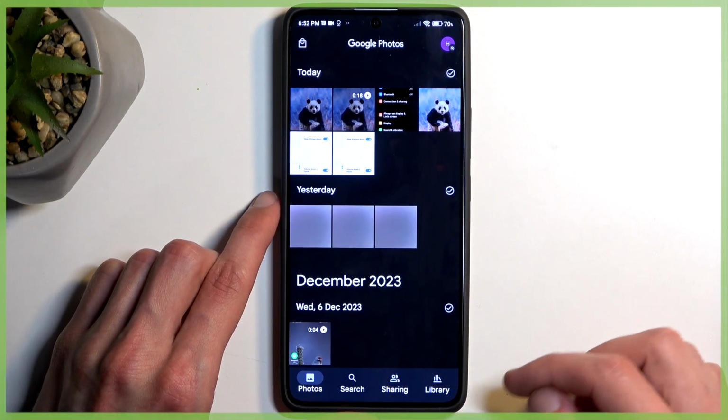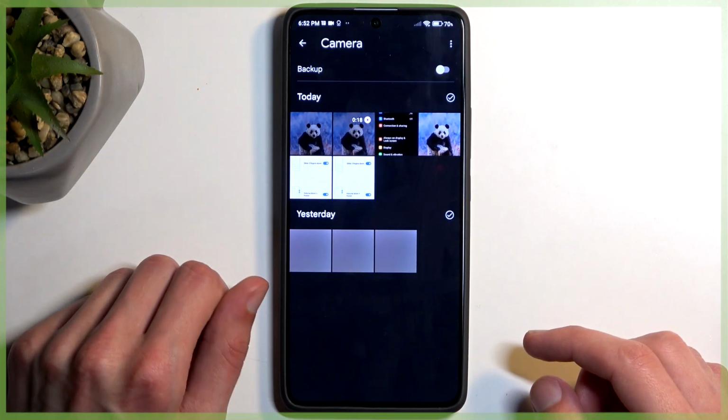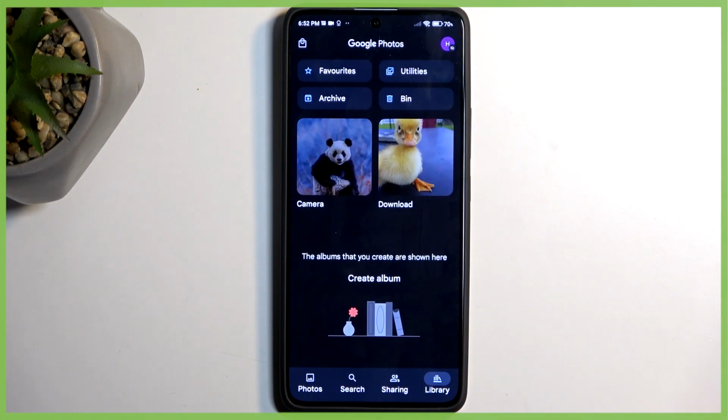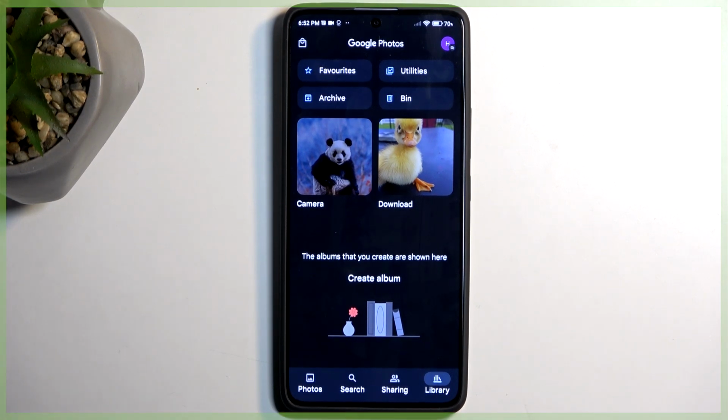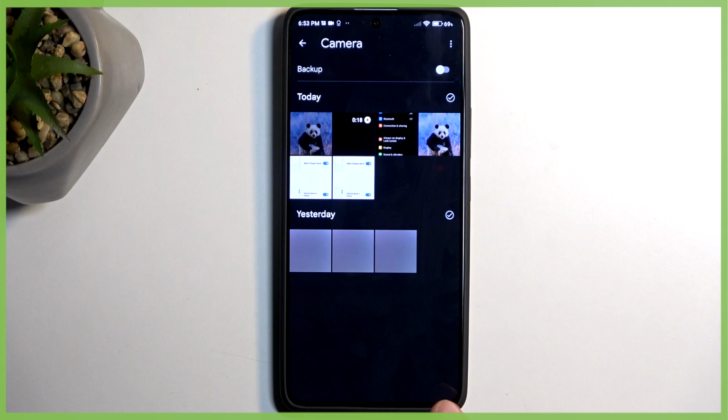But later on, if you want to find it, you might have an easier time. Never mind, it's also stored on the camera, which doesn't make it any convenient. The reason I'm kind of pointing that out is because most devices create a specific album called screenshots or screen recordings, but Xiaomi just decides that we don't need that. And it's smack in the middle along with your photos and videos, which, as you can imagine, if you capture a lot of screenshots, that is going to get very messy. But in any case,